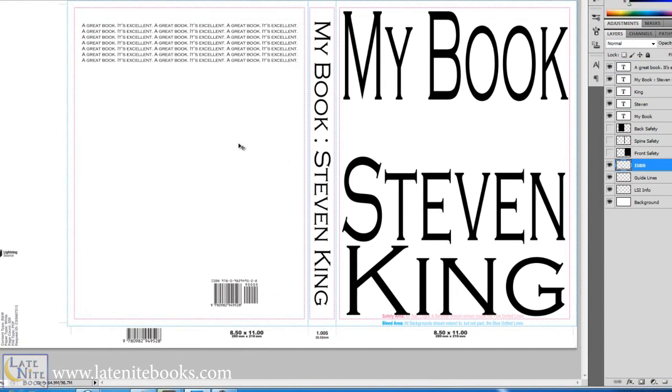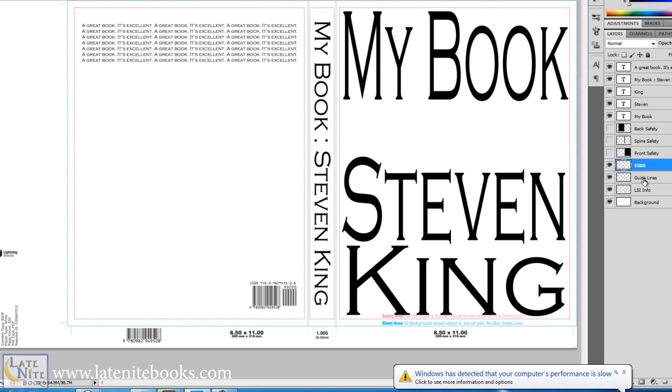Now for the ISBN, let's say that we bring it to the corner-ish area here. And it can snap into position to kind of line it up with the end of the "It's Excellent" period at the top, the back copy. And let's say we want to